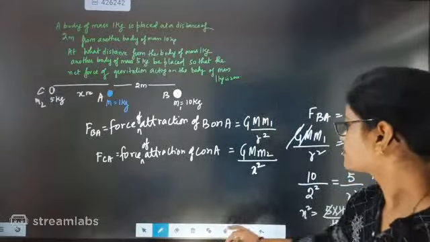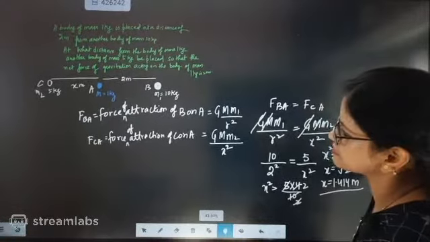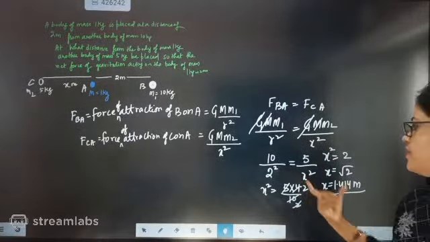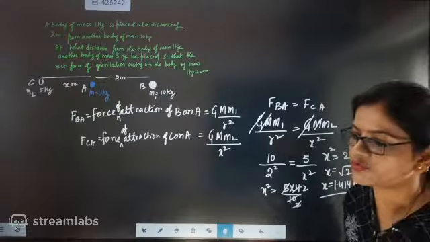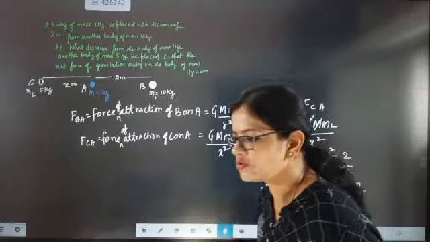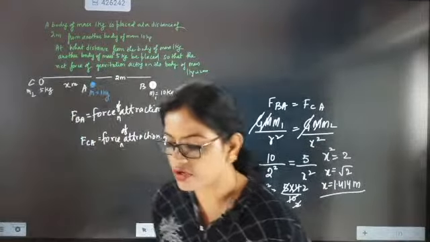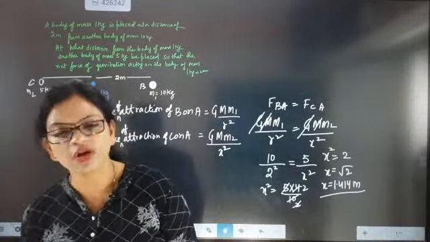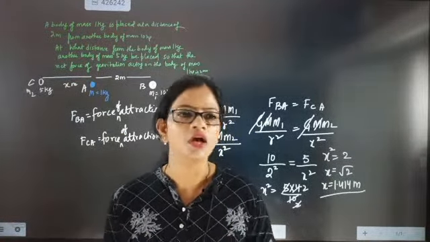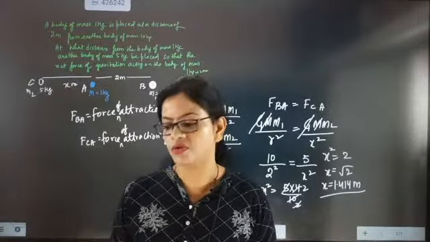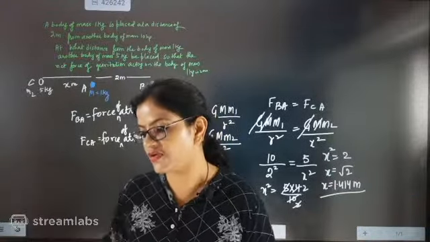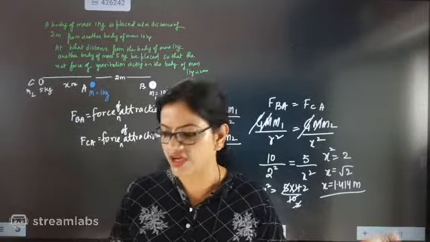Understood everyone? The net force is going to come the same. So x will be equal to 1.414. Yes, you can also write root 2 meter. If you don't know the value, you can go for root 2 meter directly. Only one thing: since the body is of 1 kg and placed at that distance from both the masses, its net force is 0. Net force is 0 means the force from this side is equal to the force from this side, so we can compare the forces.